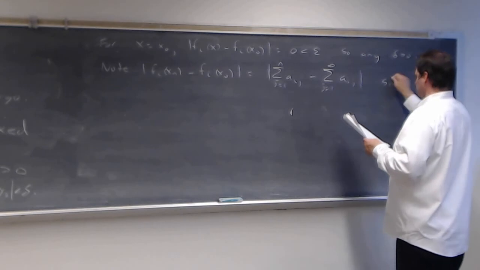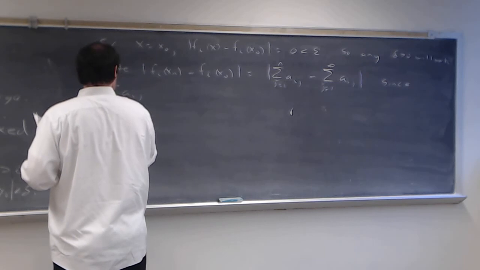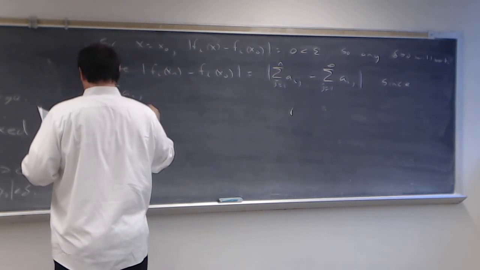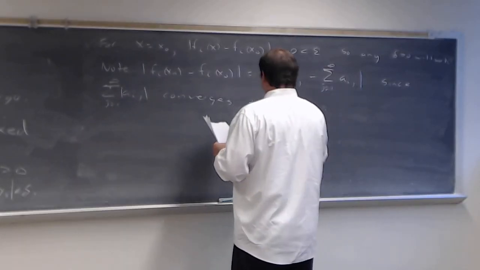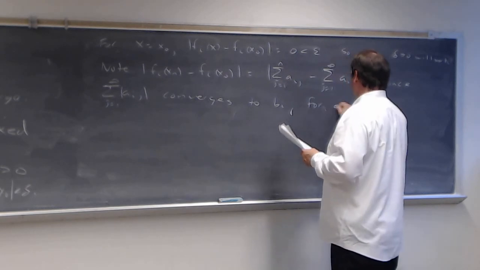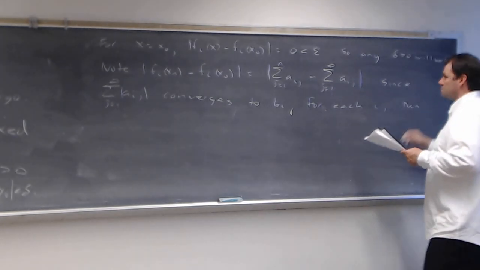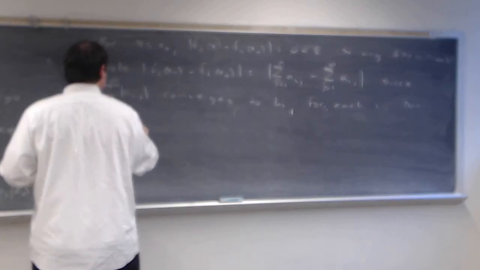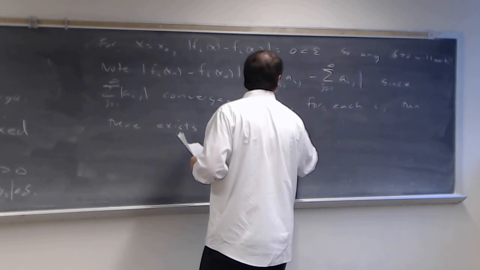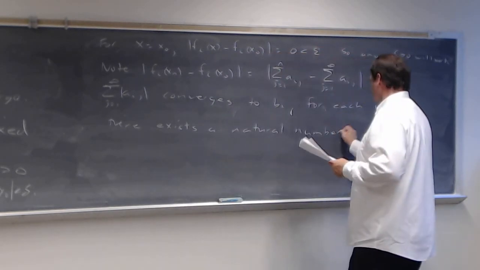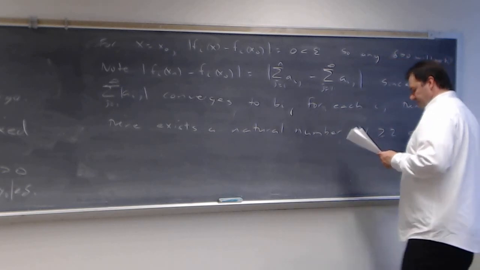Now, since the sum of the a sub ij as j runs from 1 to infinity inside absolute values converges to the b sub i for each i, then there exists an N, a natural number, now it depends on i here, and we'll say greater than or equal to 2,